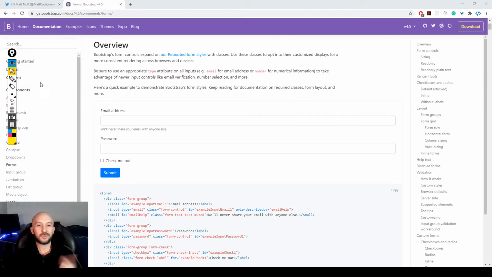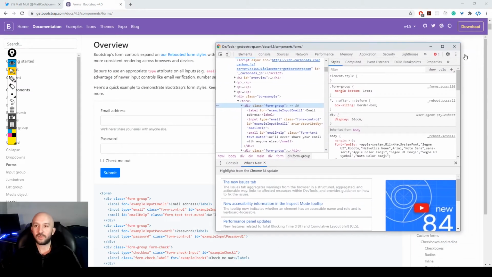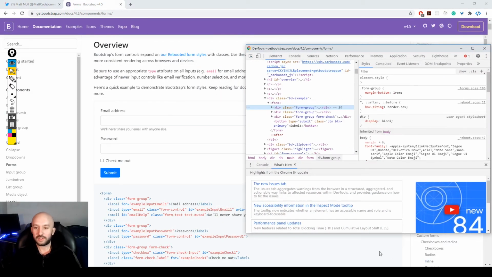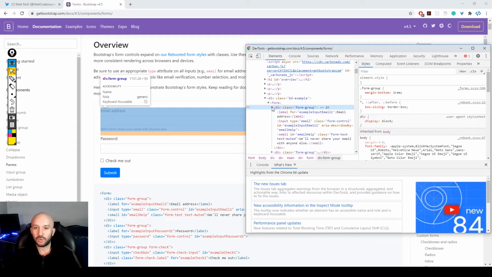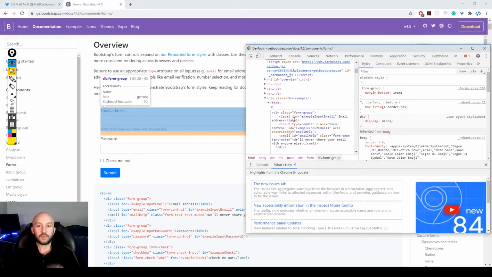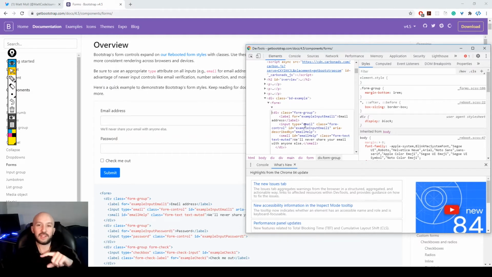We should allow users to modify their email address, but let's imagine that is our requirement, just for the sake of this example. So we open the developer tools once again, because I had a couple of them and I wasn't sure which one was the correct one. And after we get to the piece we want to modify, we can right click on top of the element we want to modify, and we can see this contextual menu that allows us to add attribute, and edit as HTML. If we do that, then everything becomes like a text editor,